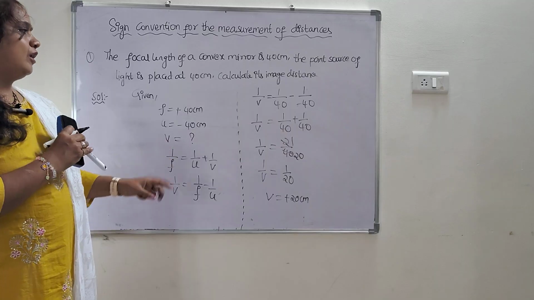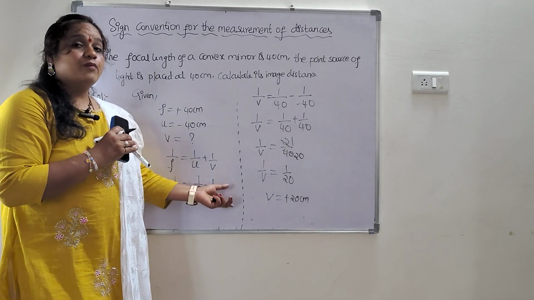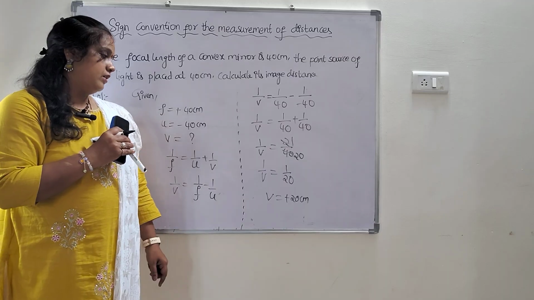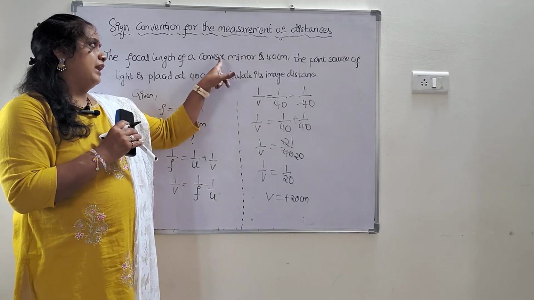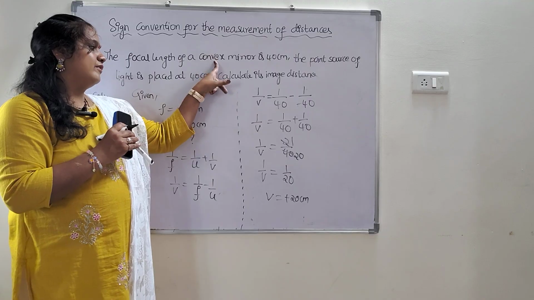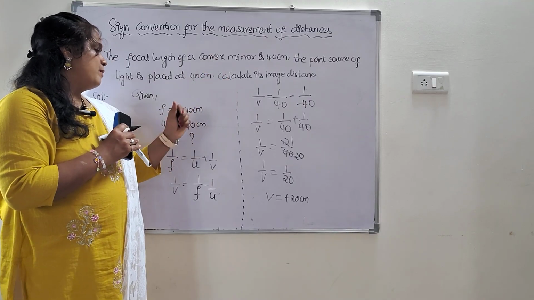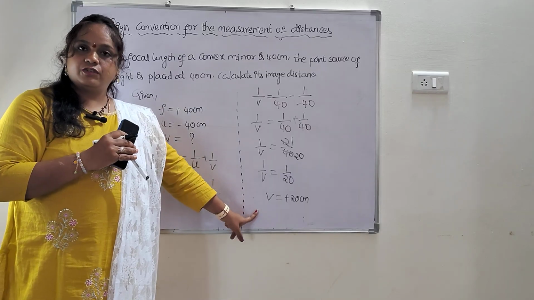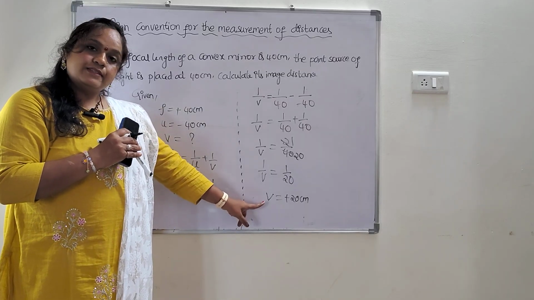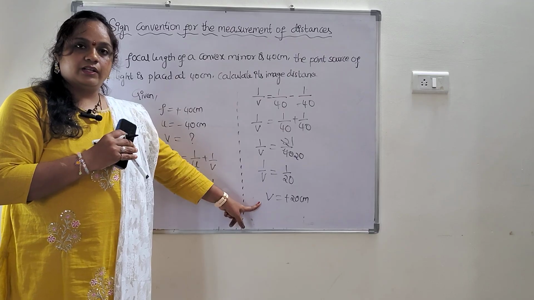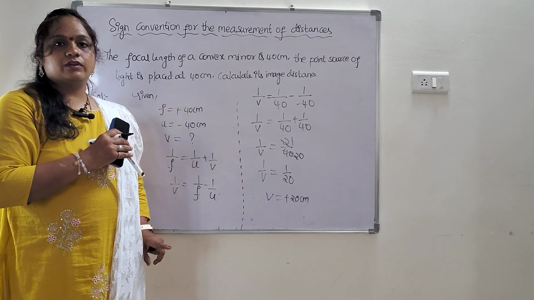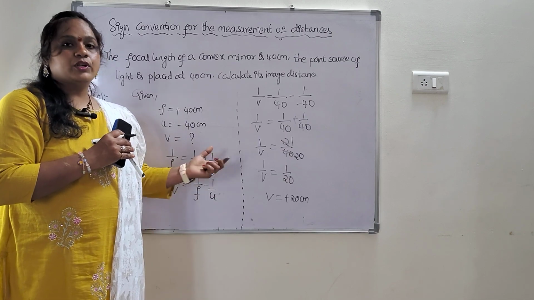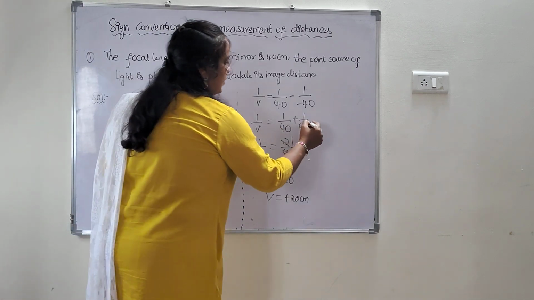Madam, I have solved the problem, but I don't know whether my answer is right or wrong. You will get a doubt. So how to know? See, this is the convex mirror, as it is having 3 letters convex. f will be positive, v will be positive, u also positive. So here you got positive. So by this we can say that you got the right answer only. Still you are having doubt: how should I know whether my answer is right or wrong? One more tip I'll tell you. That is tip number 5.